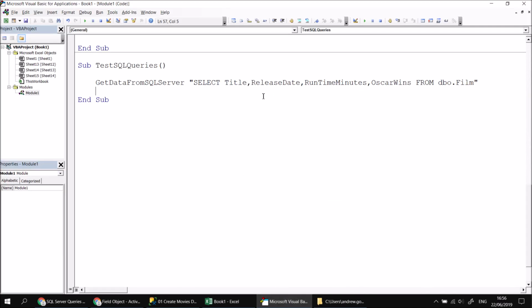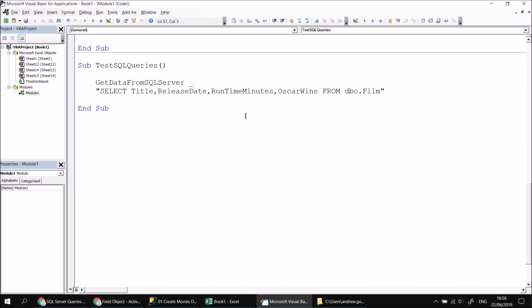Let's head back to the Visual Basic Editor, and then I'm just going to break this onto a couple of different lines to make it readable. Let's do as we did earlier with the connection string. I've got my select list here, and if I leave a space at the end of the list of columns, I can split this and concatenate the from clause onto the next line. And then again, if I leave a space after the name of the table, I can concatenate another new line,